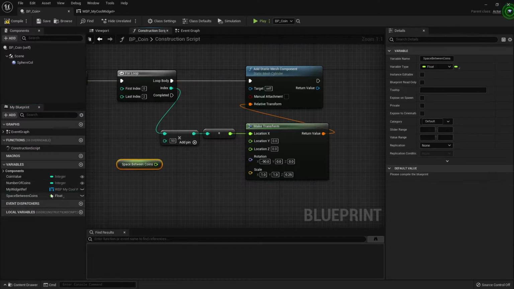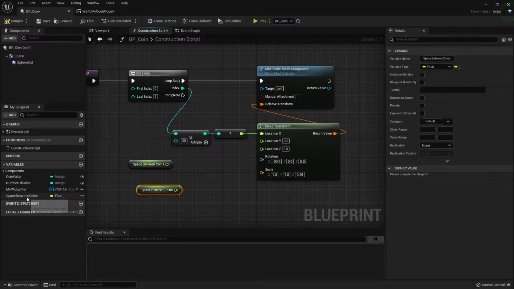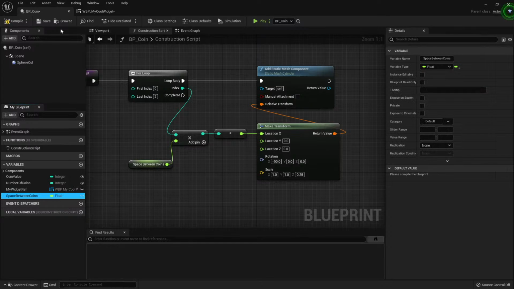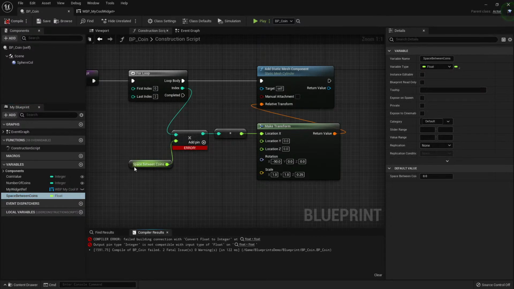When you drag and drop a variable, it will ask you, but if you don't want it to ask you, you can just drag and drop the variable and hold Control and drop it, and that will get the variable. If you hold Alt, then you will get the set variable node. In this case, I want this one, and I want it to have a default value of